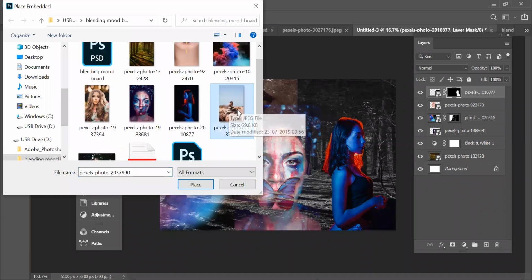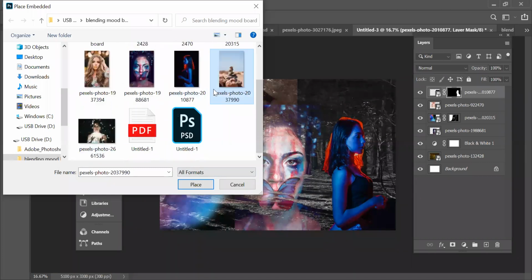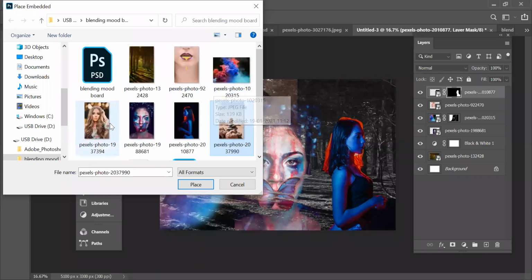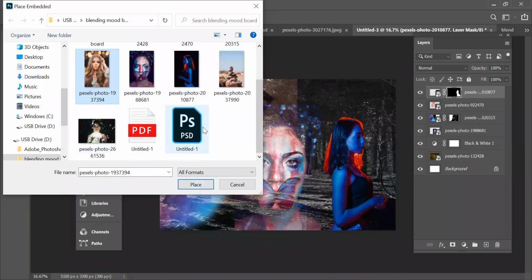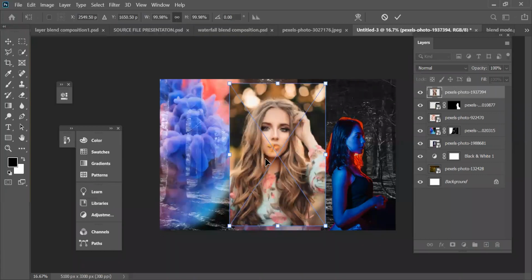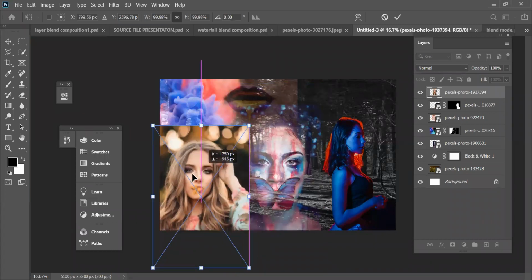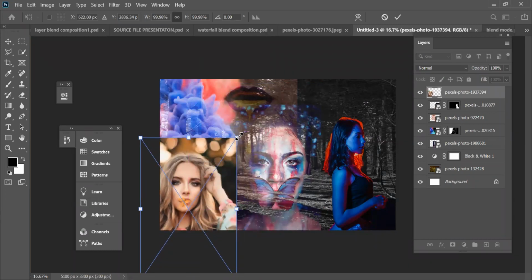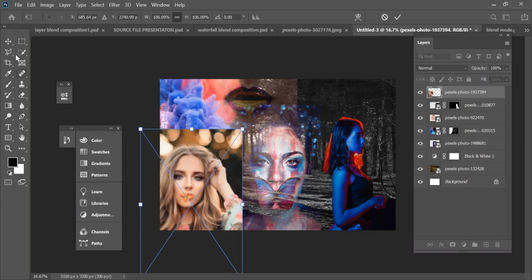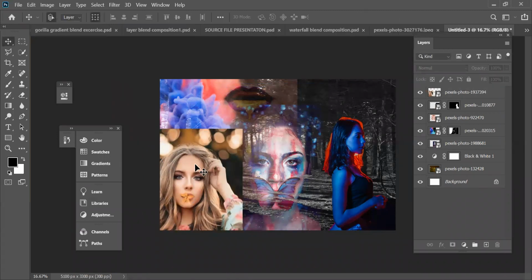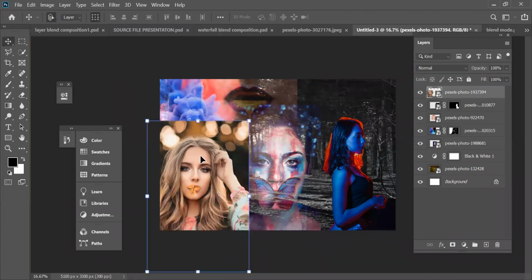Like, if I want to add the rock, or if I want to add another photograph like this one. Maybe here. And then probably use one of the blends.